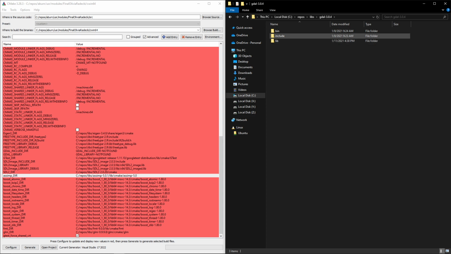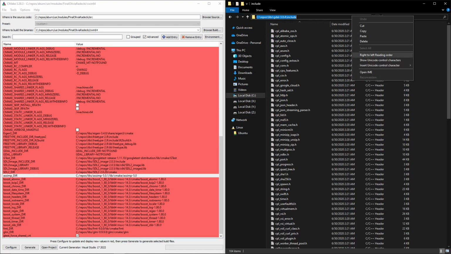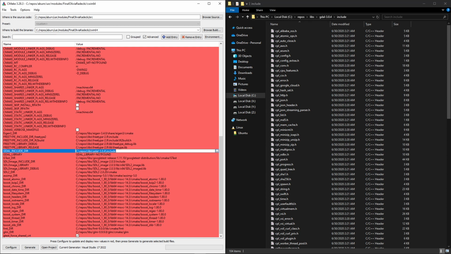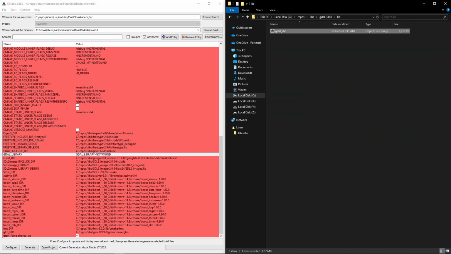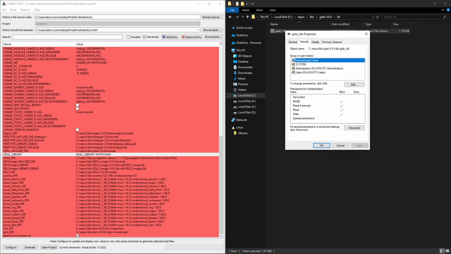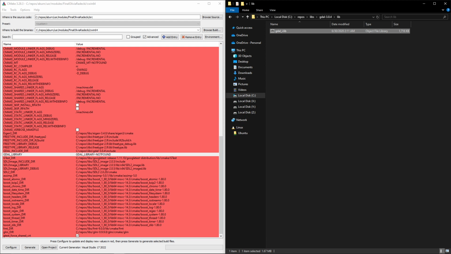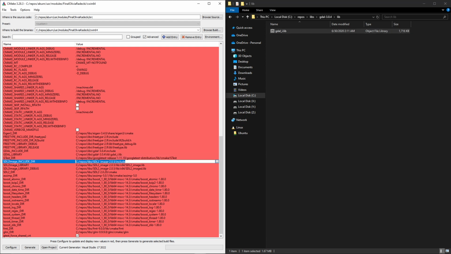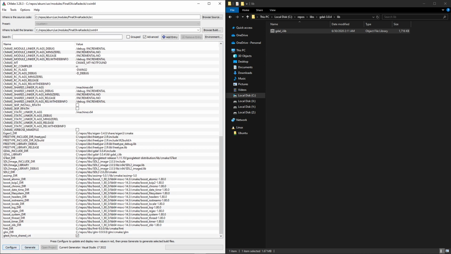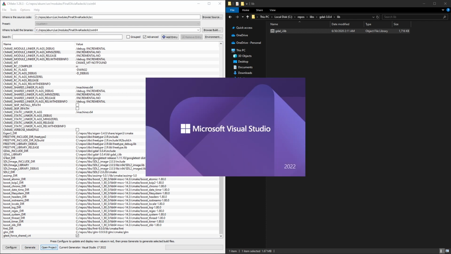So now all we have to do is finish GDAL. We're going to put the GDAL include directory right there. And then the library: if we go one back, go to the lib, all we have to do is find the full path and put it in there. After you set this up once, it should be stored in the cache, and then you should never have to do it again. So now if we just hit configure, generate, and open project,